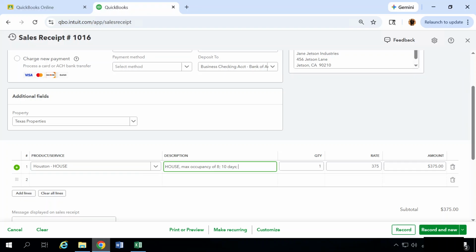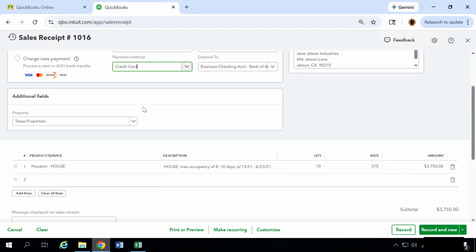Checked in on 6/13/21, checked out on 6/23/21. So that's 10 days. Paid with credit card. Categorized as Texas properties. All right, 10 days at the Houston house gives you a total amount of